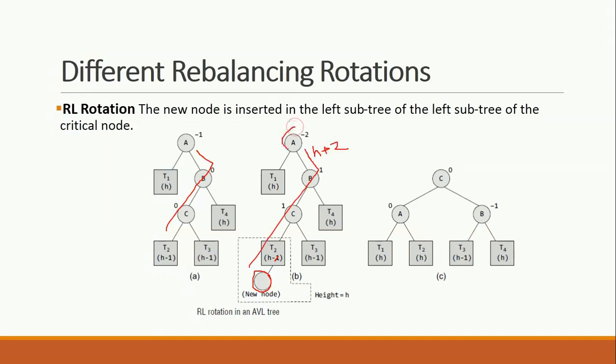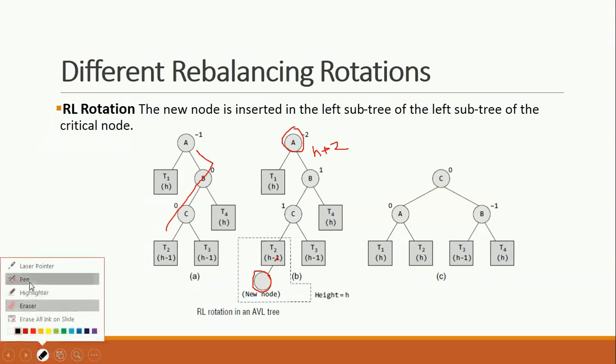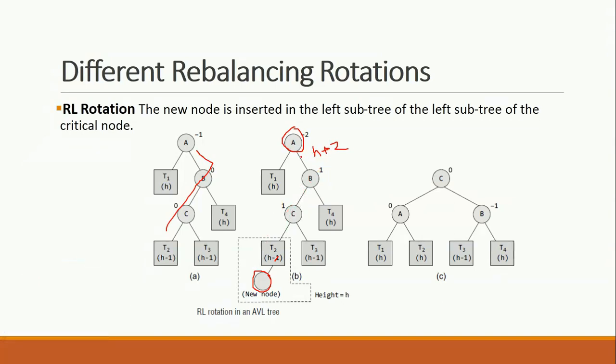Here it is getting a problem. Now we will see how to solve an RL rotation. So that is the height. Look at how you find the height. After this, what you have to find is where the problem is. You find the problem node. From here it is the right, and in the path of the insertion it is the left.